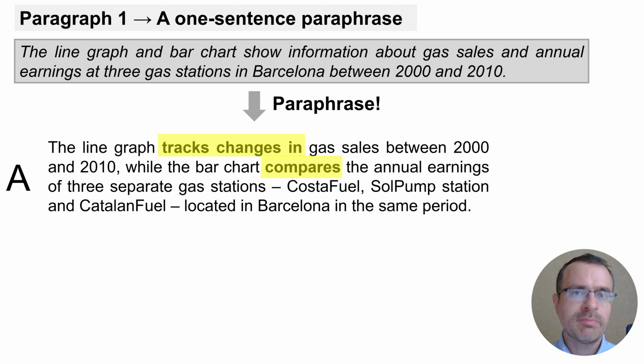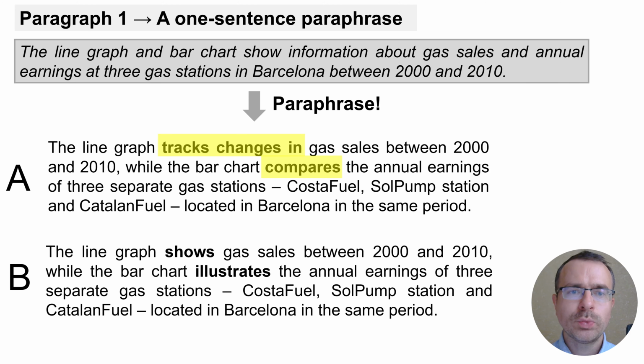So we're just going to make the comparison, right? And the second option is where we do not really paraphrase it, but in terms of the verbs, we're just going to leave show as it was in the prompt, and we're going to add illustrates. You may do this as well, however, option A is a little bit more advanced and gives you more